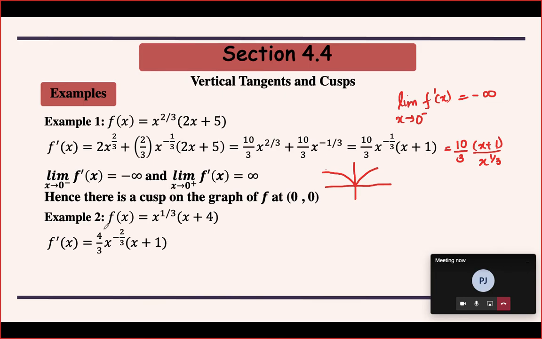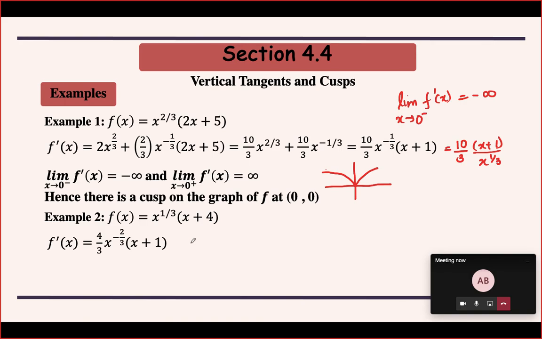Now what can you say about the derivative? Is it becoming infinite at some point when you take the limit? Yes, ma'am, at 0 again. And what about the left hand limit and the right hand limit? Will they be same or will they be different? Different. Okay, so when you approach from the left, then positive infinity, and when you approach from the right side, negative infinity. No, it's again positive. They will be the same. Again positive.